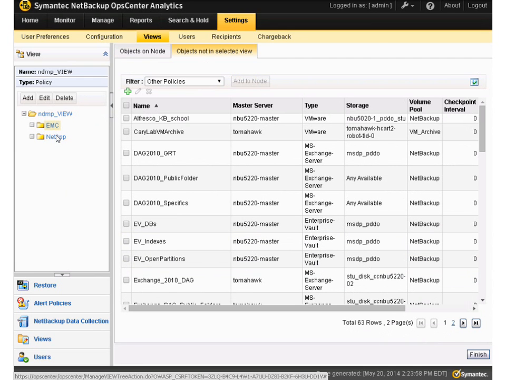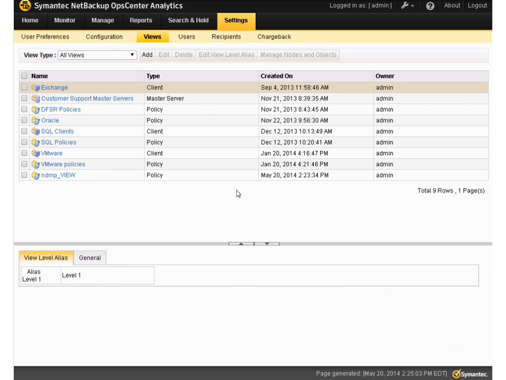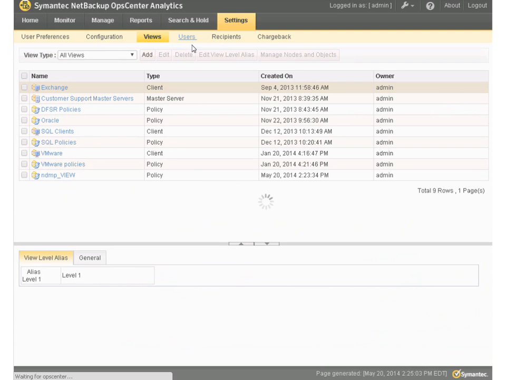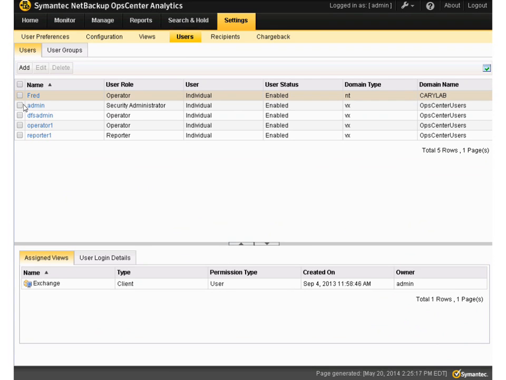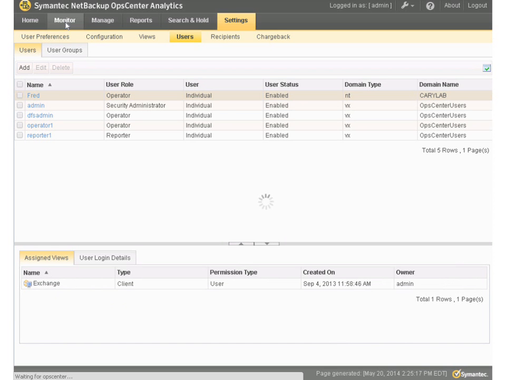And then here, we'll click Finish. So right now we don't have anything in our EMC folder, but if you did have EMC, you could do that here. And we'll see how that looks. So if we want to go to users, we do have Fred as an operator, and you can see he can see Exchange. So to show you real quick what that will look like, what we'll do here as admin,